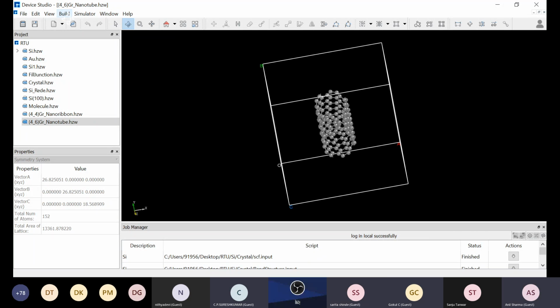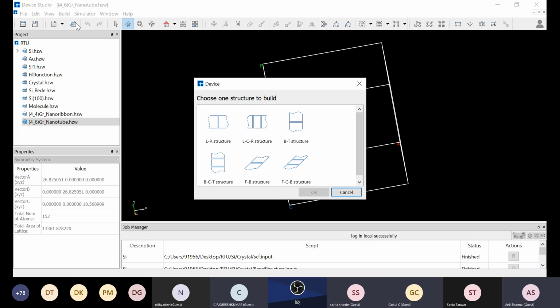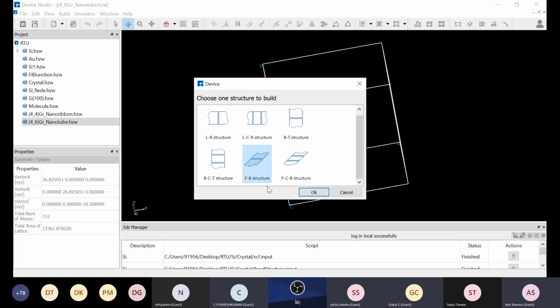Even if you want to create some device structure, you can create the device as well. Suppose you want to create some complicated device structure, with some left and right material, two materials, you want to create some different interface, a left, center, right kind of structure. So these options are bottom and top structure. There is one material on bottom, the second one is on top. One material in bottom, center, top, front material, back material. That kind of structure, different plugins are there. So you can easily create such a